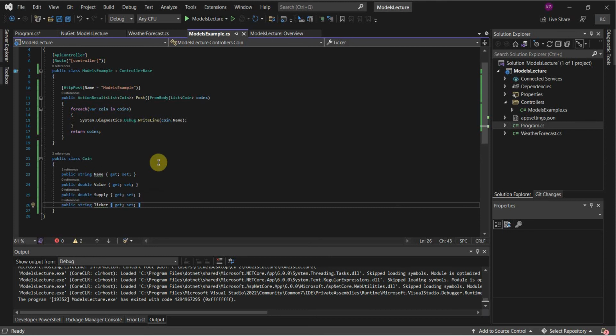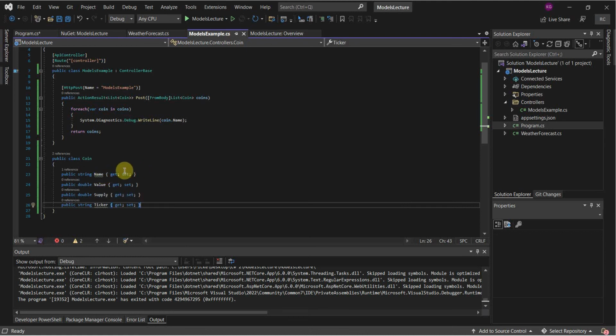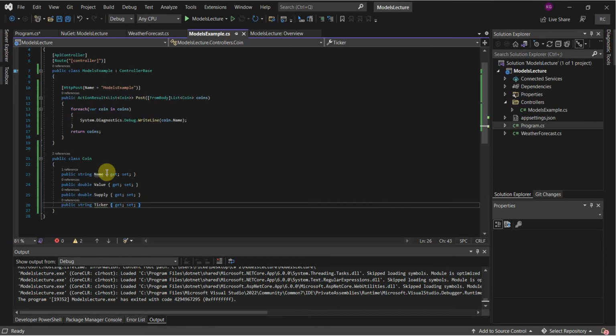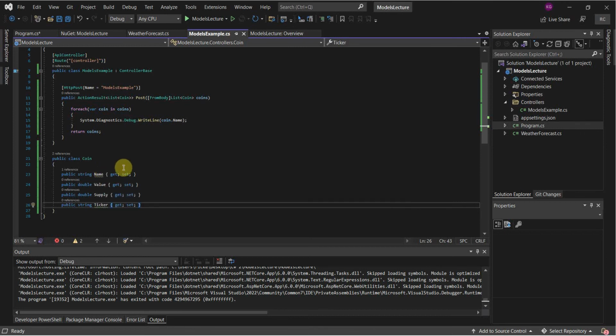What would happen if we didn't have typing, like if we were working with Node.js, which doesn't have typing, unless of course you use TypeScript, but that's beyond the scope of this lecture. I will go over it a little bit. TypeScript is, as it sounds, JavaScript with typing. But here in this example, if we were to send a decimal or a double into the name parameter, we would run into an issue. It would cause the application to throw an exception. And that's good because we can handle exceptions and we can let the user know. Instead of returning just coins, we could send